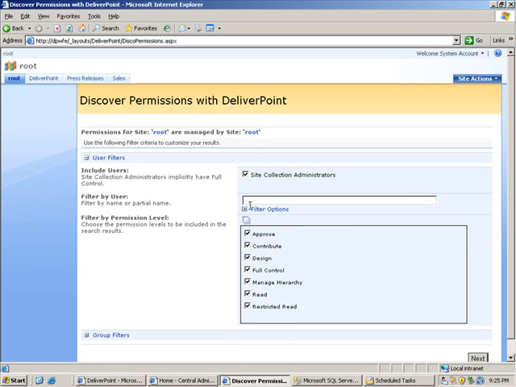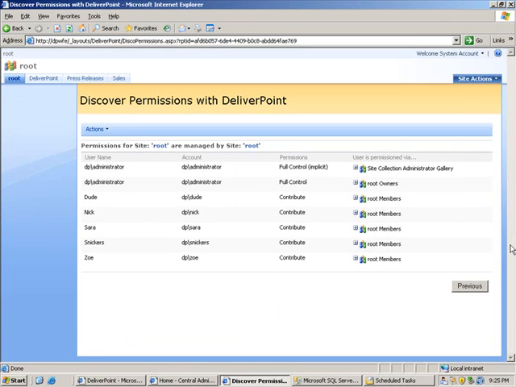I can either leave this field blank and choose next, or enter a username. For now I'm going to leave it blank, choose next, and we can see from the results that the administrator, Dude, Nick, Sarah, Snickers and Zoe all have permissions to this particular site. The administrator has full control implicitly as well via a policy, and we can also see that contribute permissions are